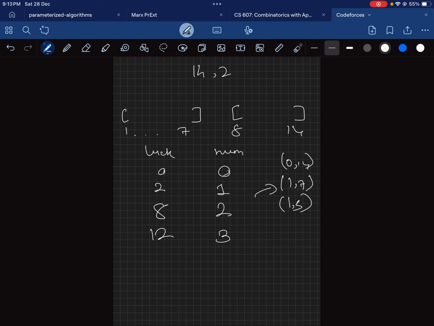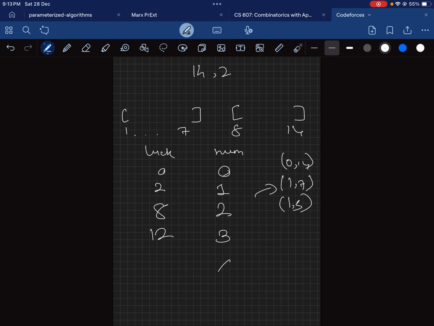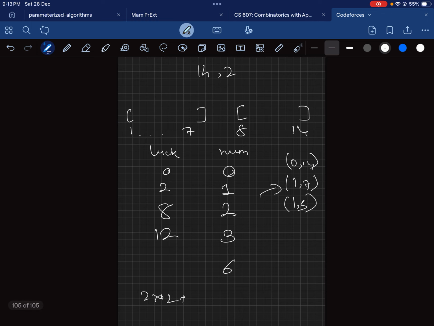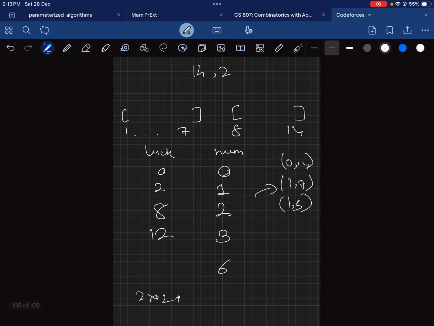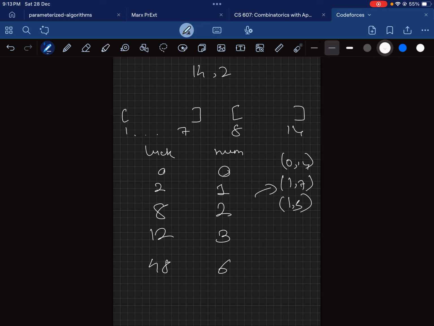So we'll get 12 over here, and now we have to do the following update. The numbers will become twice, that will be equal to 6, but 12 becomes 2 into 12 plus, initially we had 3 plus nums. We have 3 nums, so 3 into 7 plus 1. So 3 8s are 24, 24 plus 24, this will become 48, and this will become 48, and the answer